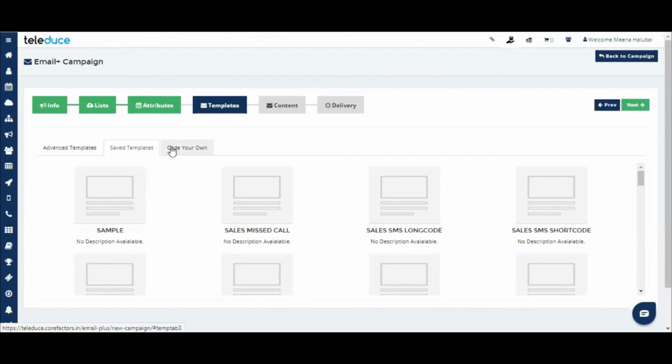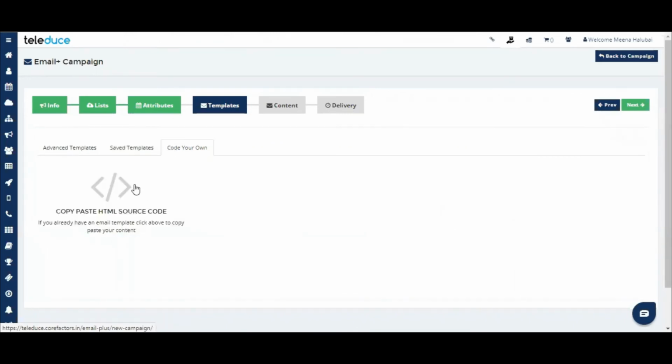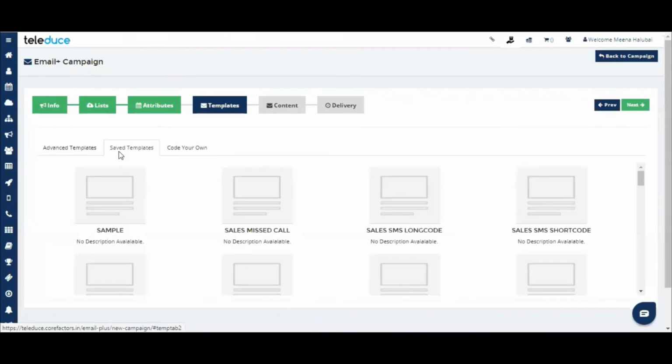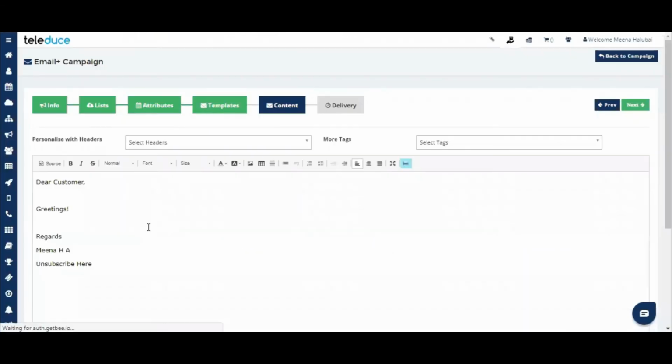Or in case you don't want to utilize both the things and you want to write it right away, or you want to copy paste it from elsewhere, and you don't have the time, you can just directly click on code my own and you can utilize it. But since I have already saved something, I'll be utilizing this again.